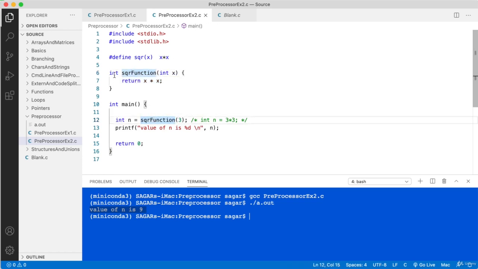Control has to go there, declare a variable, go inside, execute the statements, and return with the result. Once it returns, it should come back here and execute the rest of the statements.